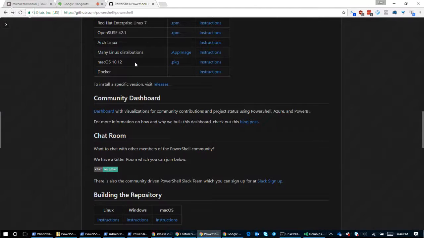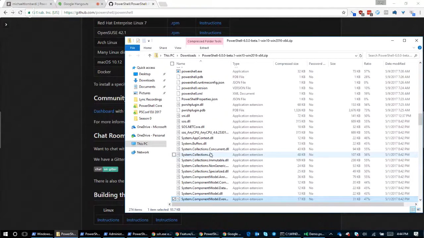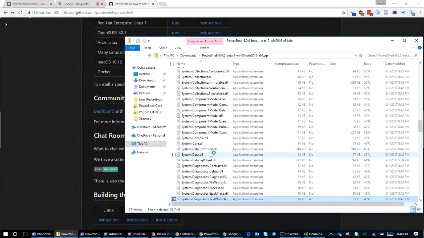So this was one of our highest priority goals when we came out with PowerShell 6, and that was to make sure that we did not impact existing installations of Windows PowerShell or .NET Framework on the box when you install PowerShell 6. So one of the major benefits that .NET Core gives us is that you can have N side-by-side versions. We carry .NET Core with us. You'll notice in this thing, we've got a bunch of DLLs that are just generic .NET DLLs. And that's because we explicitly do not touch the .NET Framework in Windows. We do not touch anything in System32.